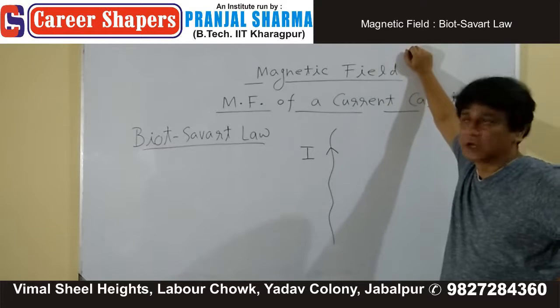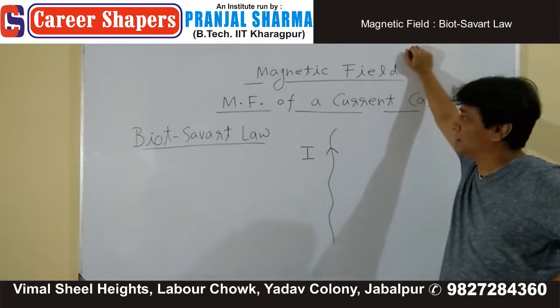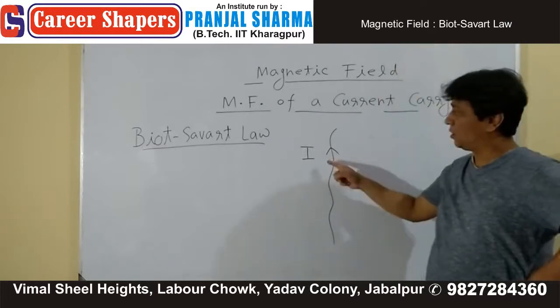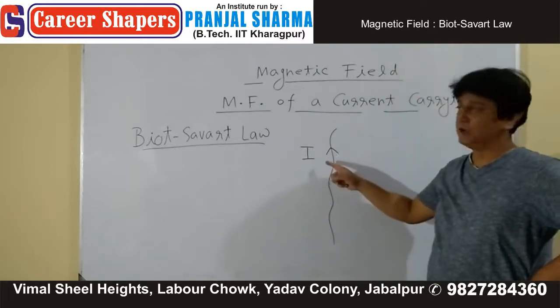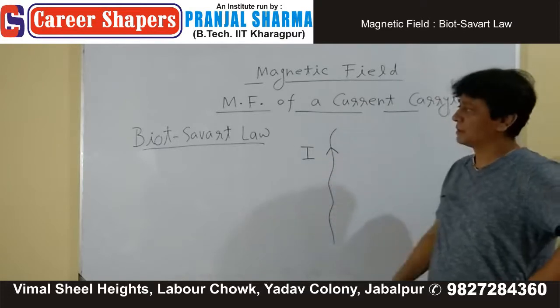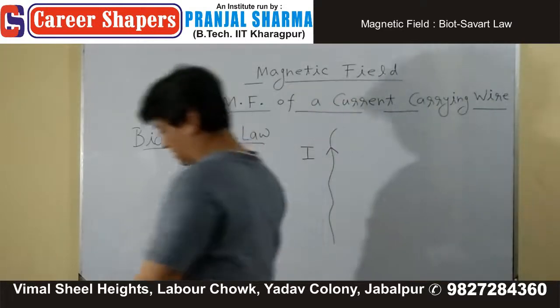Electrons are moving inside the bracket opposite to the direction of current flow, whereas protons are at rest,